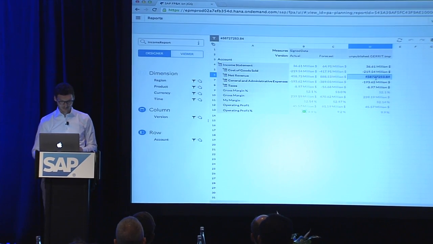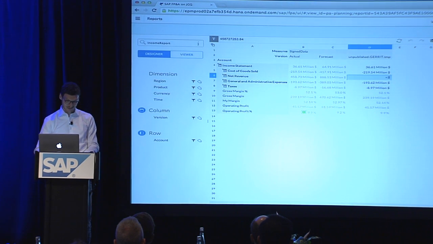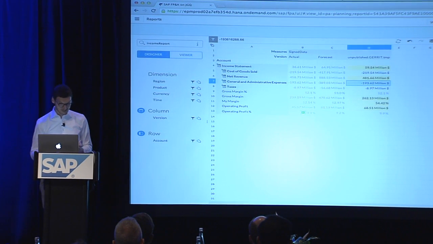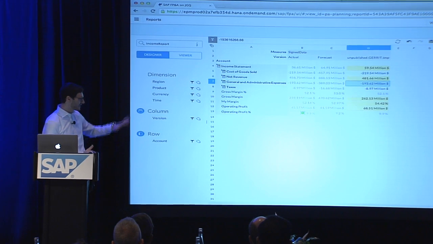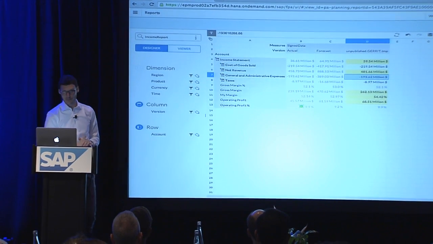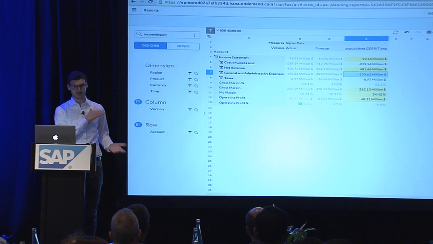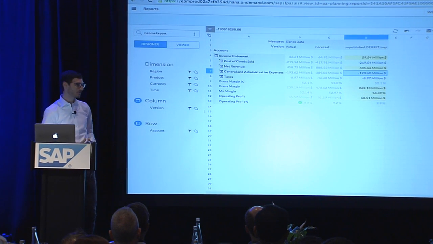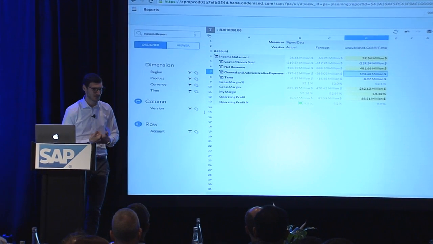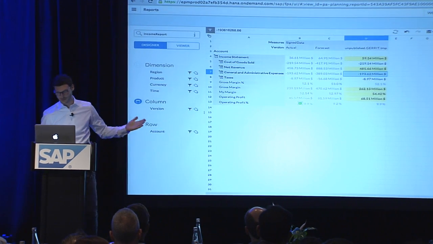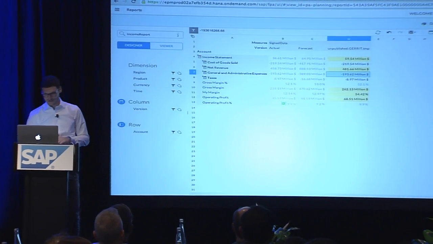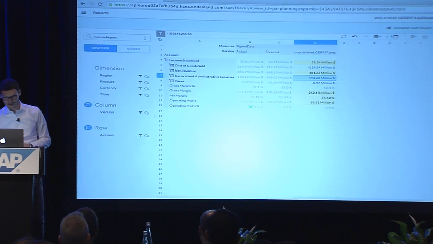And I can play around with revenue by, let's say, increasing it by 5%. And you see in the yellowish color all the parts in the hierarchy that get also updated by this operation. But I'm not sure what I'm doing here because I'm not a financial person. And so I would like to get Ivo's opinion as an expert user if this is a good move or not. And so I just undo my change